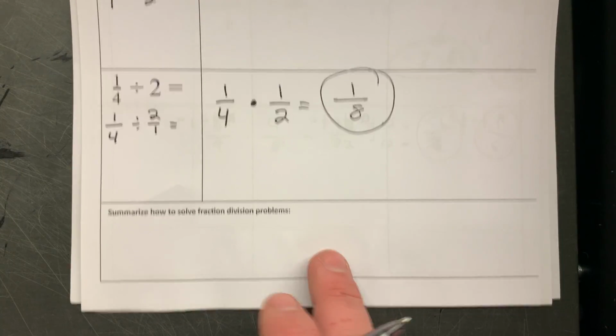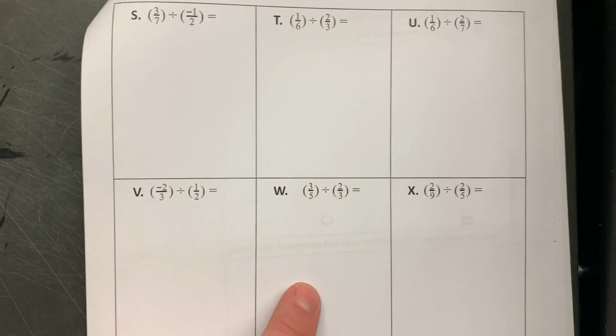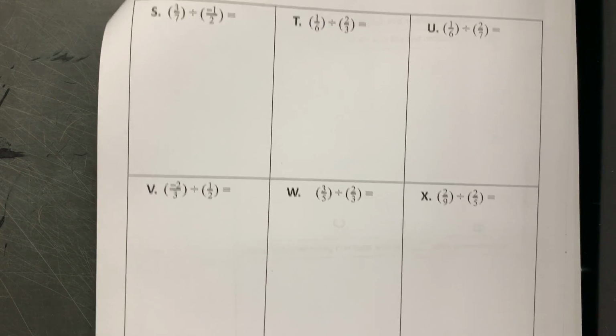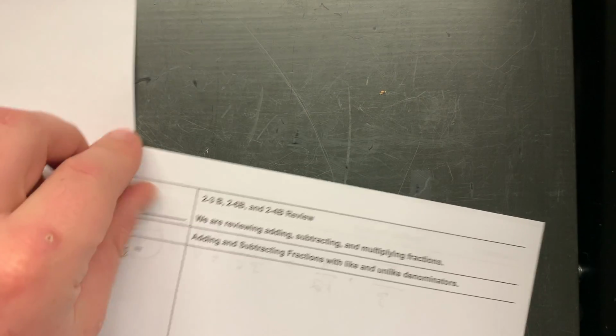Make sure you guys are finishing the summary down at the bottom here. And then when you're finished with that, make sure you get going on the practice problems that are posted here. These are all division problems, so make sure you're following the steps there and looking back into the example if you guys need any help. When you're finished with that, make sure that your name's on the top of your packet, and then you return it to your red folder in order for you to receive credit for your work on the Monday Material Swap